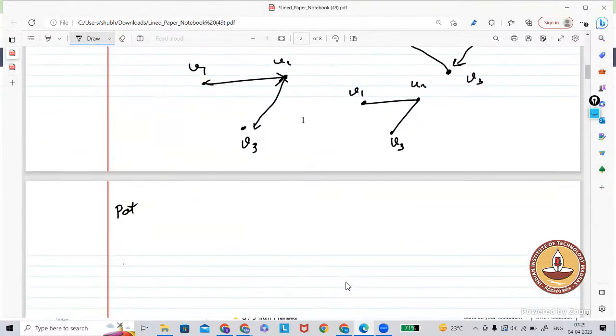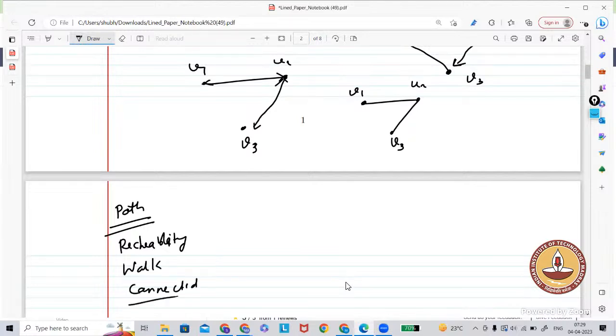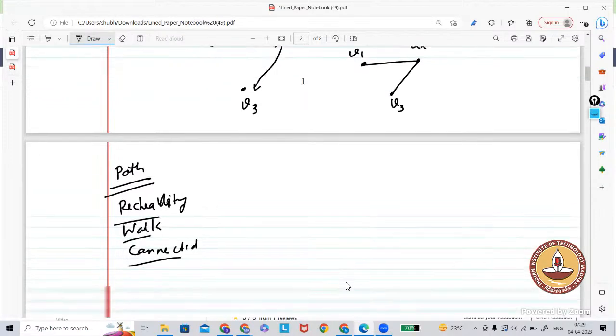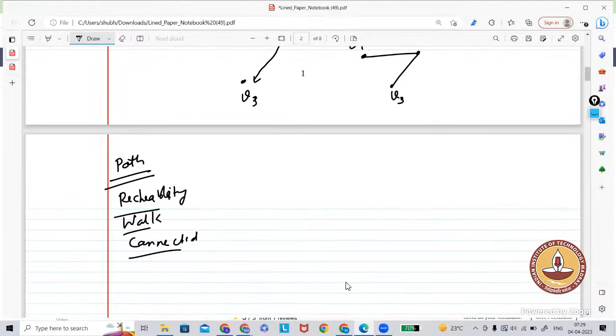There are three terms: path, reachability, visibility, walk, and connected. There are three different terms. So let's say